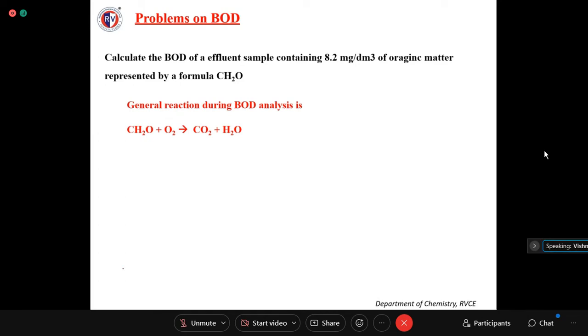If I say this is formaldehyde, you write this reaction. If it is acetic acid, you write acetic acid plus O2 gives rise to CO2 plus H2O. Balance the equation. That's all. Then next you see